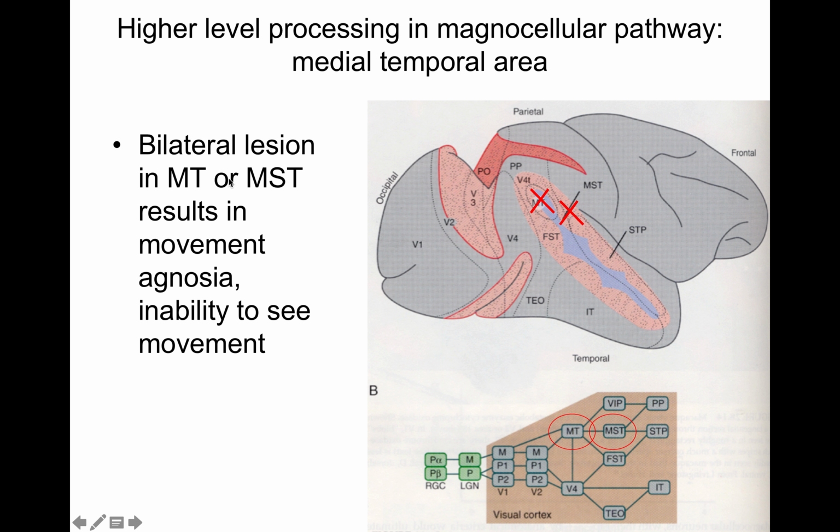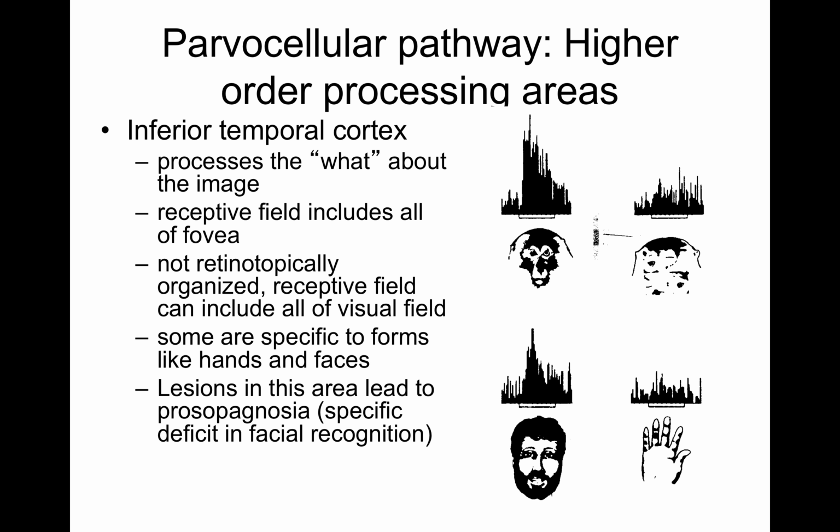So, for example, lesions of the MT or MST can cause movement agnosia and difficulty in seeing movement. And then the inferior temporal cortex, which is not about motion, not the magnocellular but the parvocellular pathway, is processing the what about the image. They did some really interesting studies of monkeys looking at how they respond to faces and these complex receptive fields. This is a responsiveness to a face here. And they scramble it so that the percent of contrast remains the same, but it's not organized in the shape of a face, and you just don't have that kind of